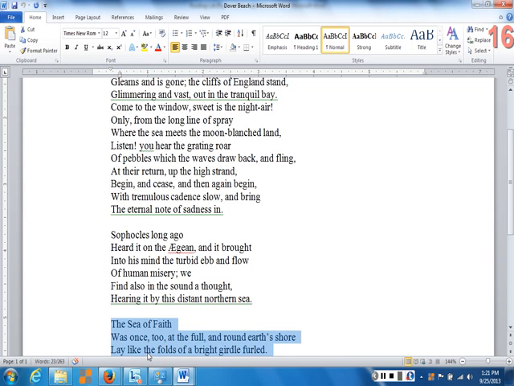Okay, what does he mean? This is a metaphor, the sea of faith. Well, faith is not an ocean, right? Faith is the belief in something and the trust that something exists and that something will fulfill certain promises and meet our expectations. That's what faith is. It's an abstraction. It names a certain phenomenon. Okay, it's not an ocean, but we've got a metaphor here. Okay, the ocean here is a metaphor for faith.